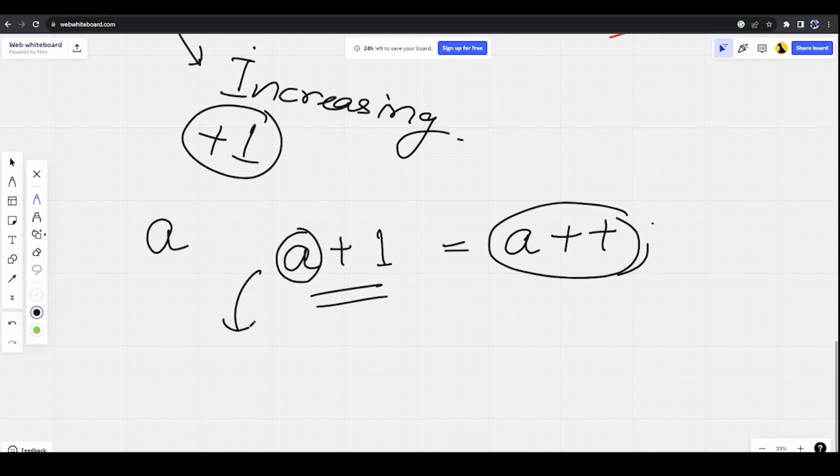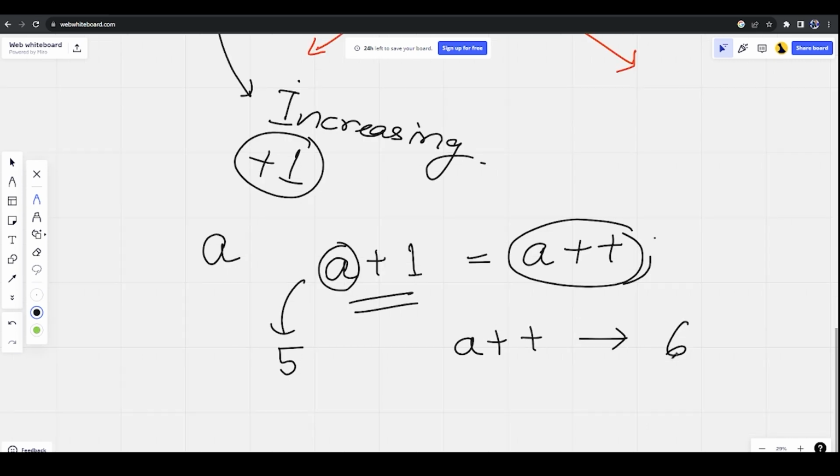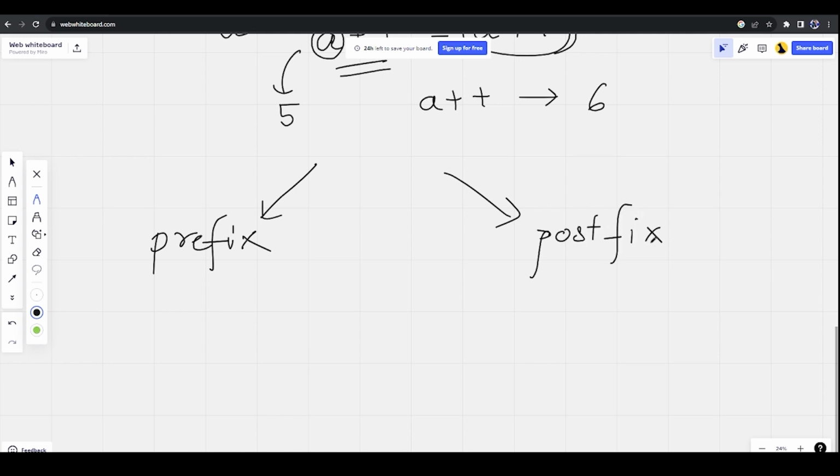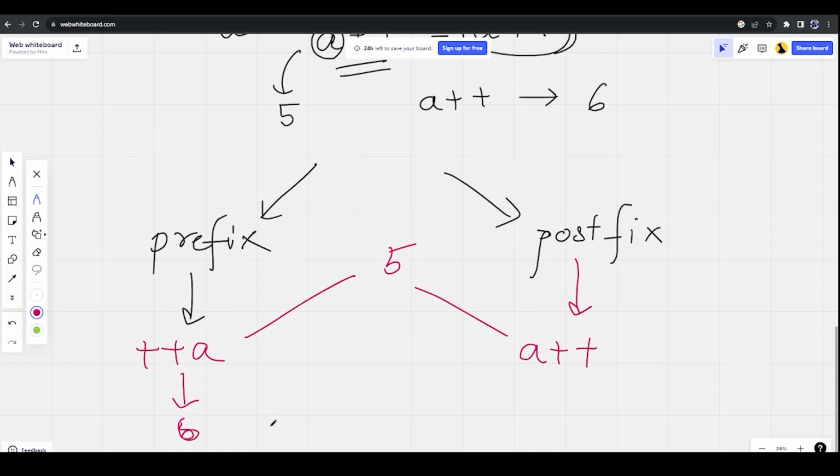Now, if I give an example, if a was 5, and I write a++, a should change to 6. Very simple. Now, increasing can happen in two ways. It comes with both increment and decrement operators. There are two types: one is prefix and one is postfix. Right now you won't see much of a difference. The only difference is the way of writing. Prefix we write as ++a, postfix we write as a++. If you consider an example, if a was 5, here also a will become 6, and here also a will become 6. There's no difference right now as it sits.